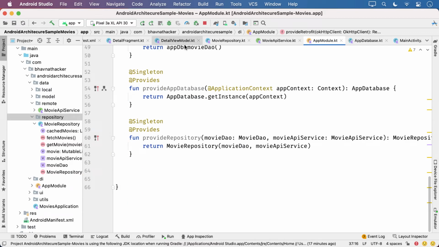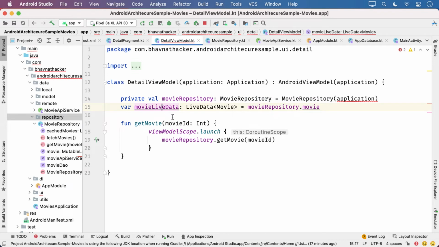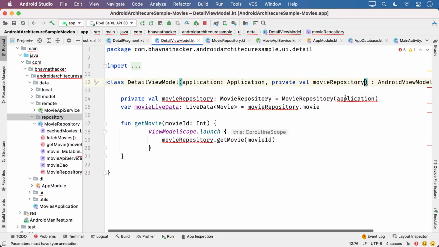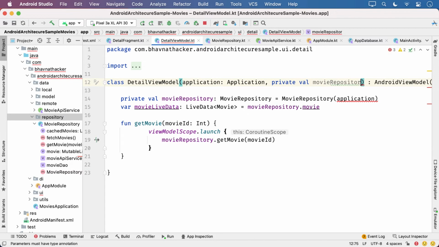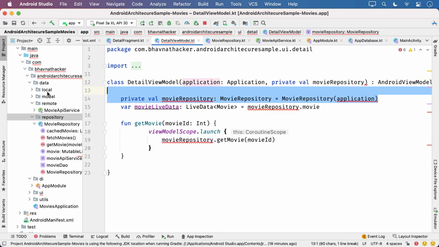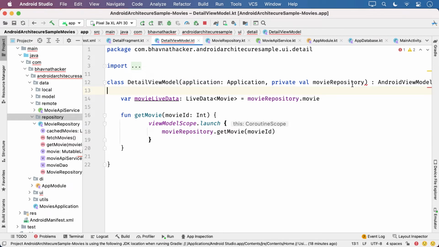View models need repository. So if you go to detail view model, you see this movie repository, which will now be moved here, and you don't need to put it here. Detail view model and main view model.